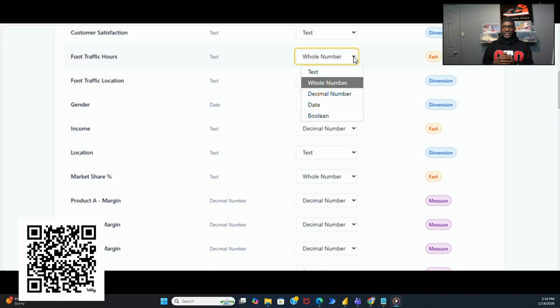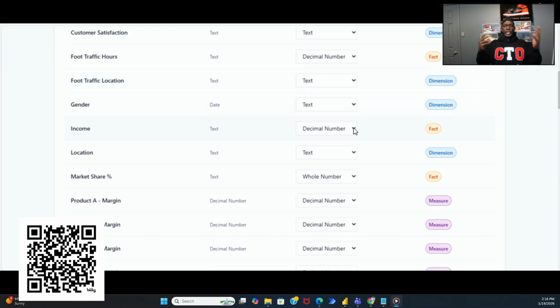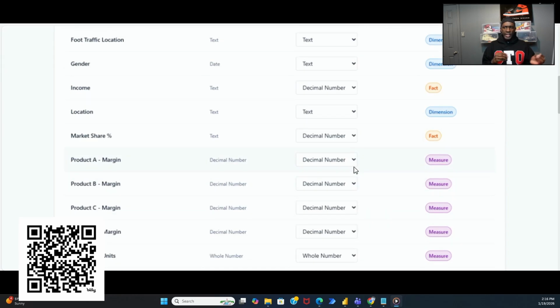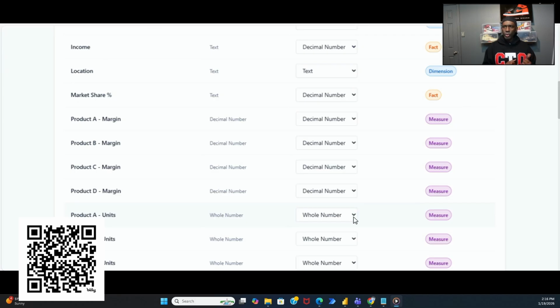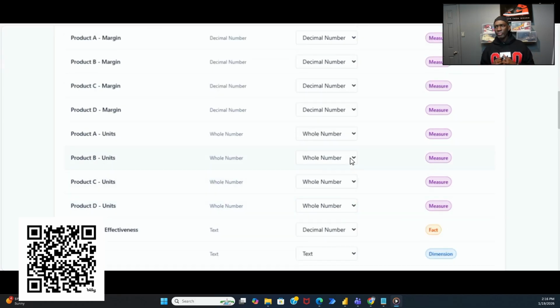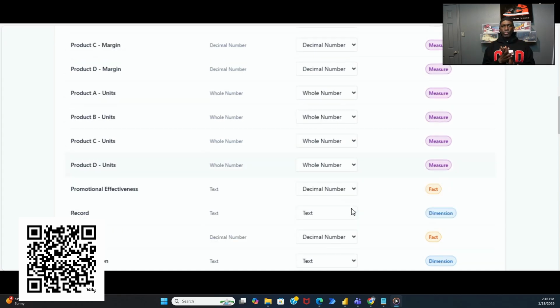But what this does is give us a jump start on building out visuals for a particular report. Once we give it the columns and it gives us the data types, we go back and make changes. Do we want margin to be a decimal? Do we want it to be a whole number? Do we want income to be a decimal or a whole number? Market share, do we want that to be a decimal or a whole number? Once we go back in and double check and say, hey, yes, we've got this exactly how we want it to look,